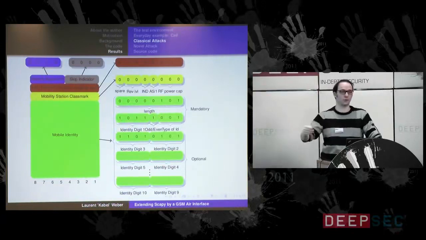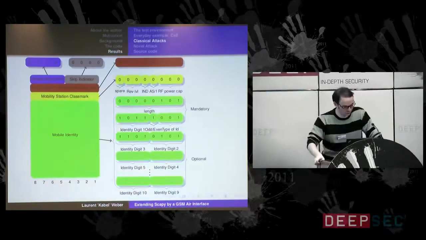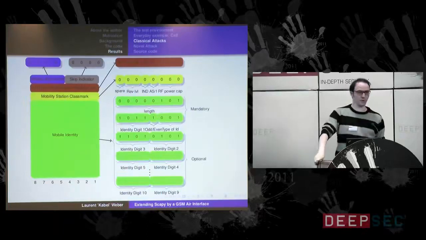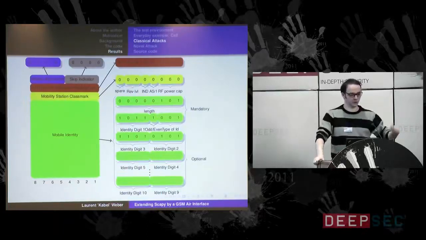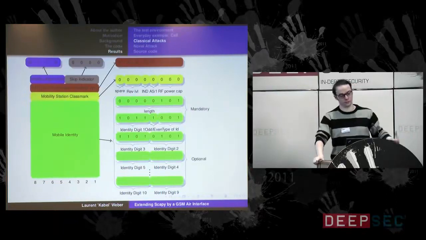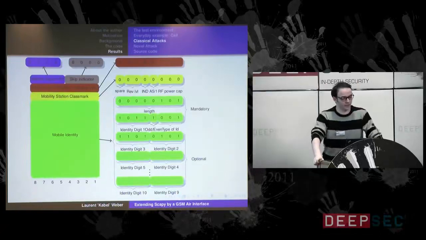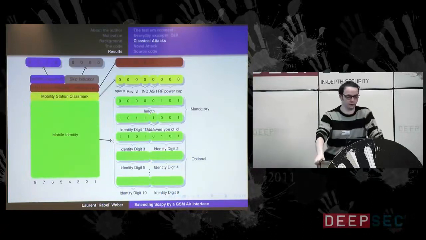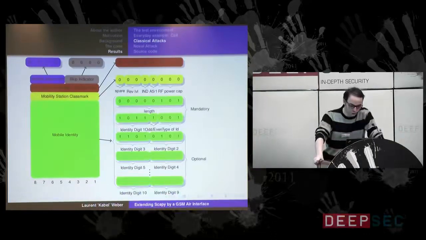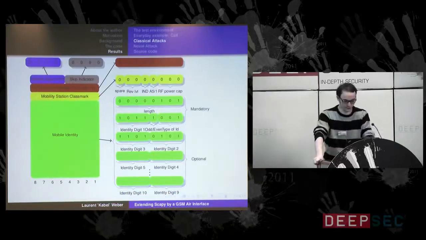Now, of course, if you want to do some fuzzing or send some broken packet, you can, using Scapy, change the fields. But as the philosophy of the tool is to have the smallest valid packet, I set the default values in the correct way, so you do not have to take care of it. The only thing you have to take care of is the mobile identity. You have to set these 2 to 9 bytes in the correct way.